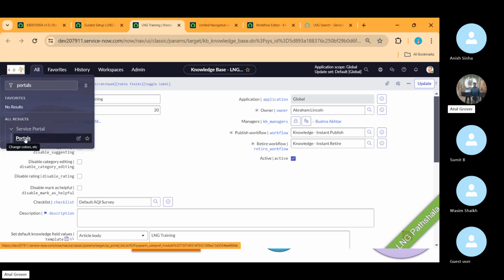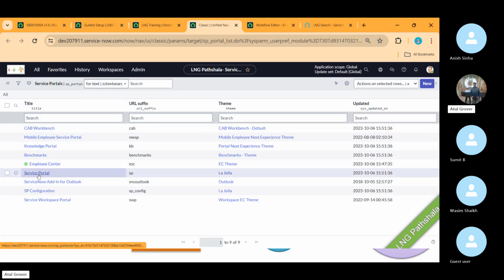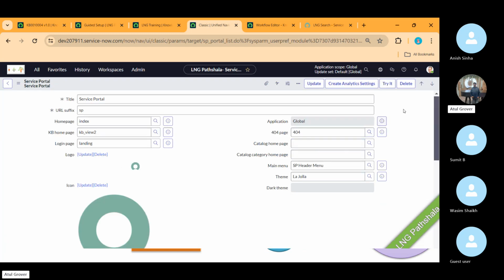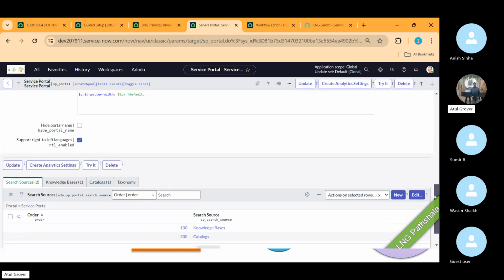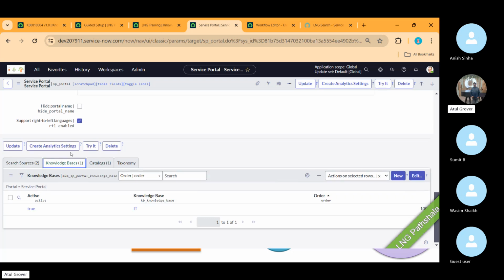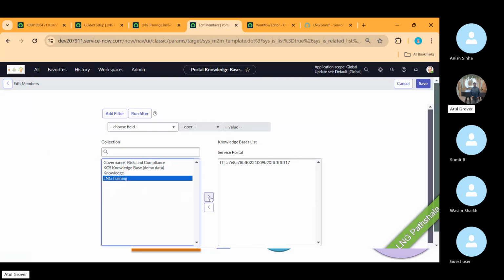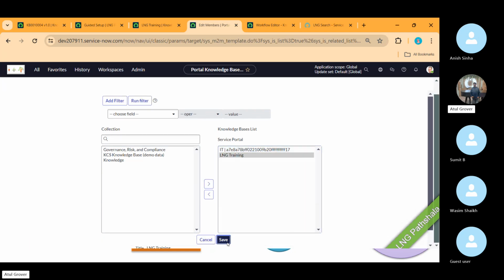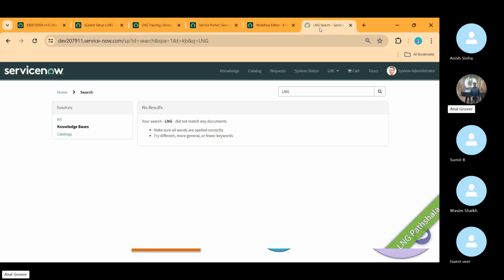You open a restaurant and there is no menu card. How will the restaurant work out? So in the service portal, we'll go here, we open the service portal, this one, and here we have to add our knowledge base in the sources. Here you see, right now it's only IT. Click edit and add yours. And it's a one-time activity only, not again and again we have to do. Save. And now if you reload it,